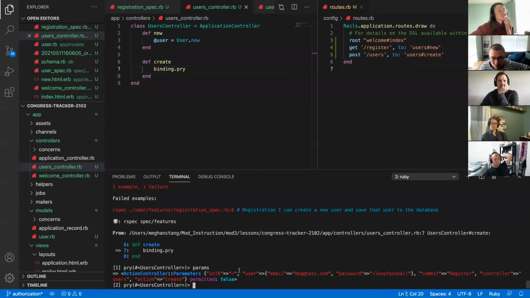Sweet. Okay, so this is good to see. We have our user information from our form coming through. We have our email coming through, meg@test.com. That's what I put in my test. And then I also have password coming through with just the plain string, I love foosball. I've done nothing to encrypt this yet. This is fine. This is what I would expect. We've done nothing wrong. But we don't want to just go ahead and say user.create with those params, user email